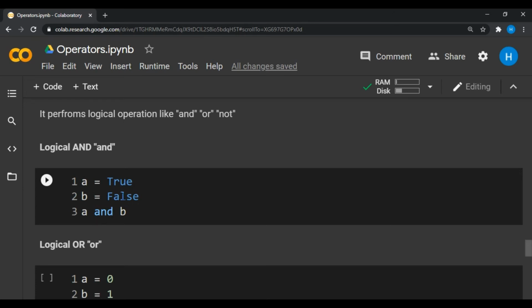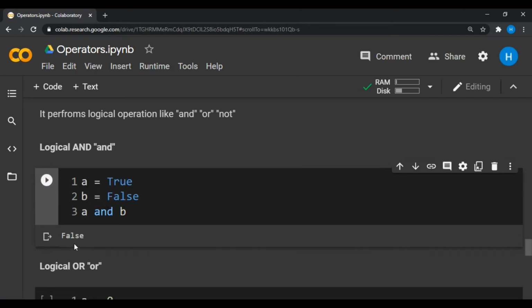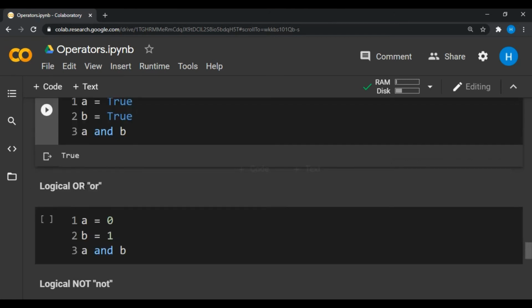In the logical AND operation, if any of the conditions is false, our result will be false. So here B is false, therefore our output will be false. So here you can see A and B, and our result will be false. And similarly you can perform a logical OR operation.